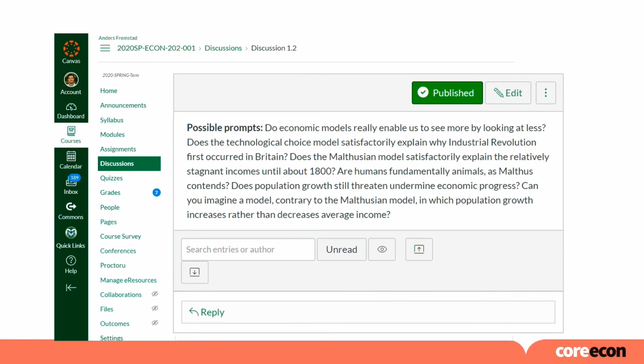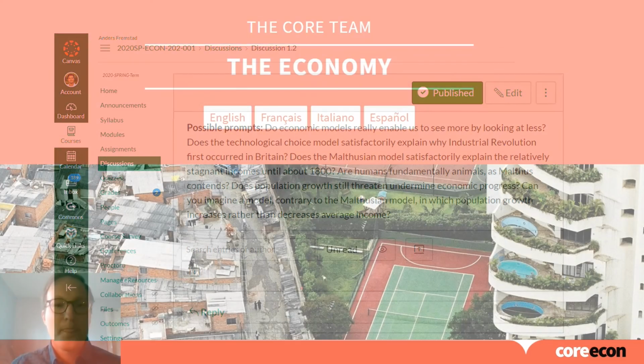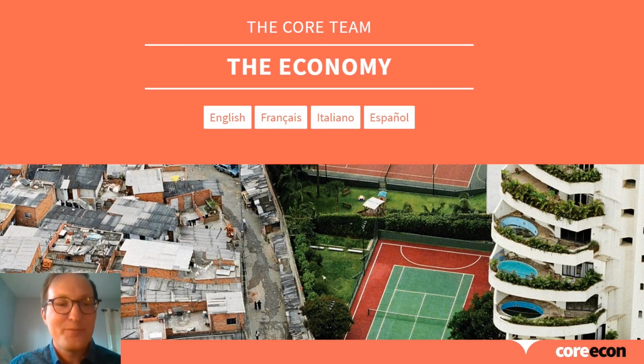Finally, none of these models provide perfect explanations for the sort of data that history shows us, right? But it does get students immediately engaged in trying to understand the world around them and to engage in discussions with one another about whether or not these economic models help us see more by looking at less, whether or not they explain stagnation or the Industrial Revolution, whether or not the assumptions and models are defensible. These are some of my favorite reasons for teaching CORE and principles of microeconomics.